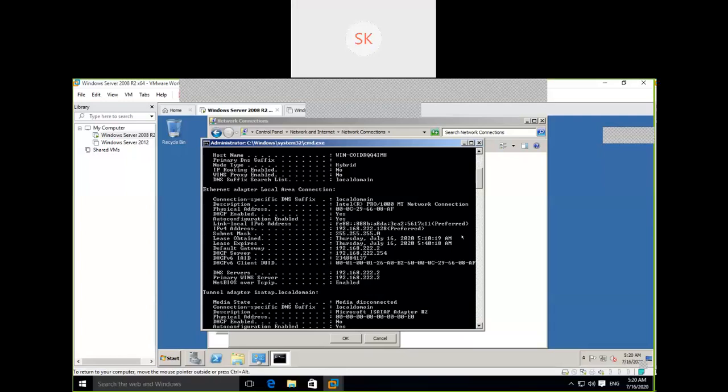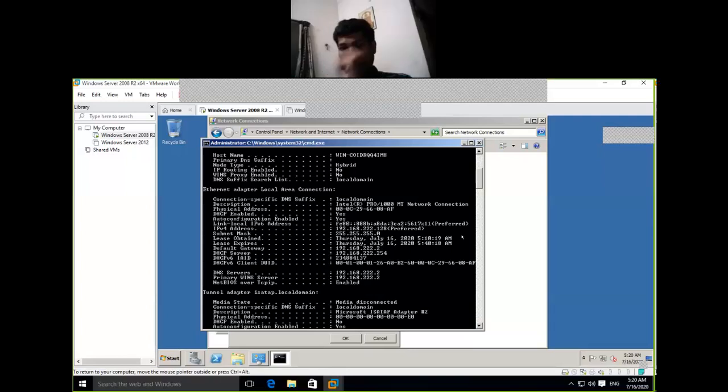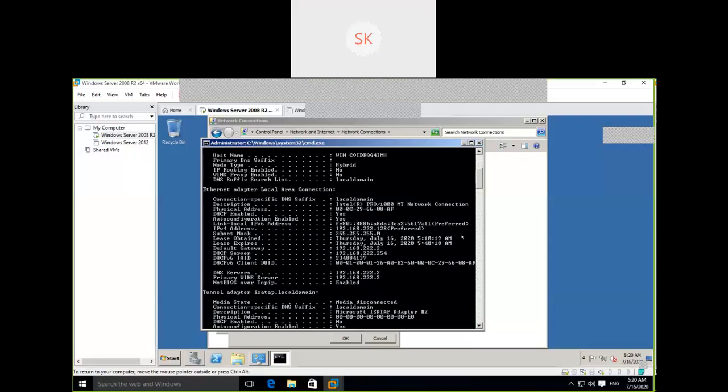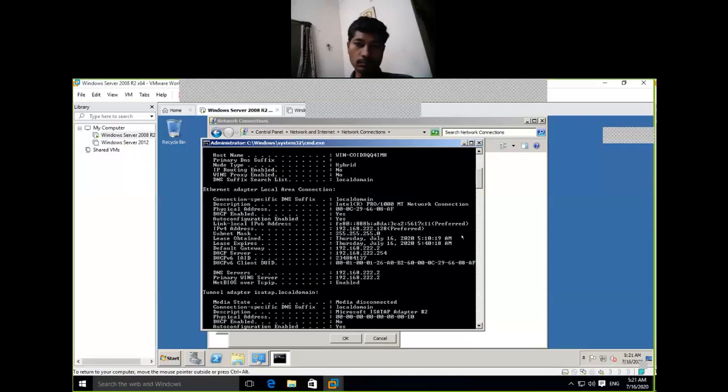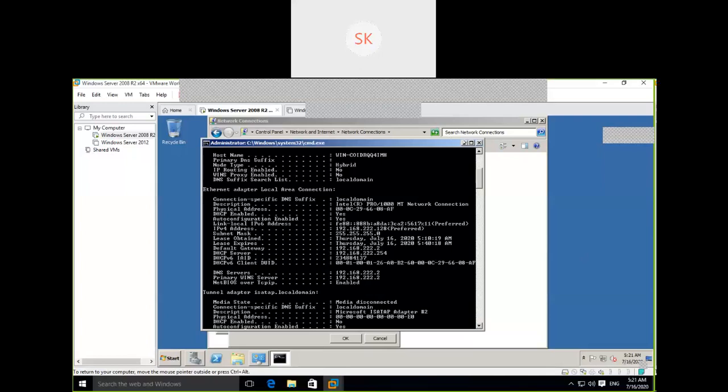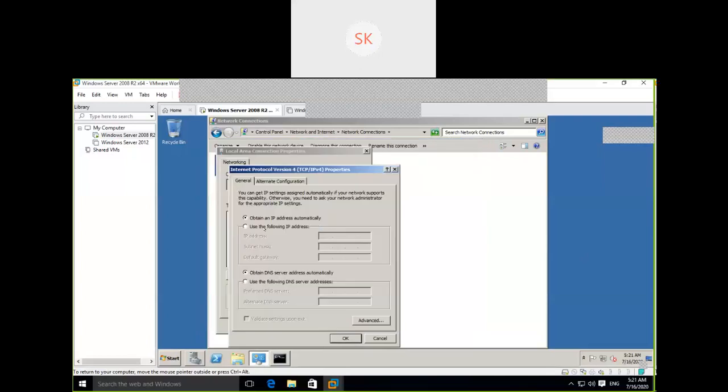So what is the IP range here? 192.168.222.128. I'm going to assign this server one IP address. Go to IP configuration, network configuration. See here, I'm changing the IP address of the server.